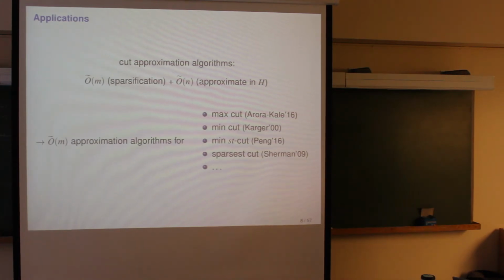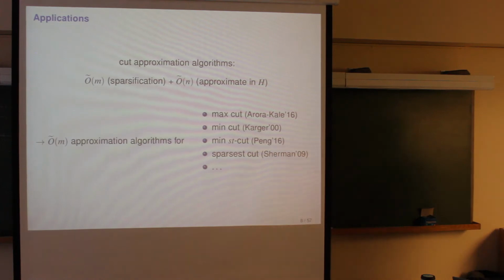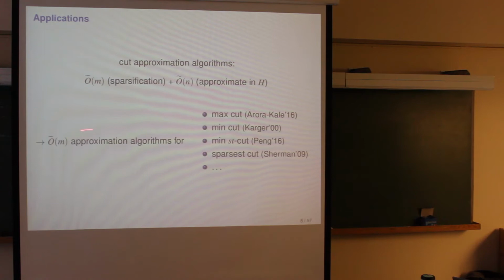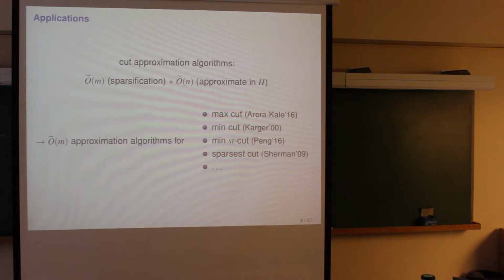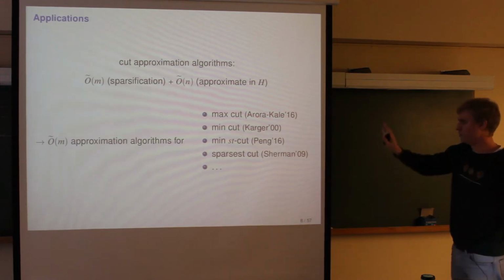And typically these problems really get more difficult when the graph is denser, and so you're very happy that you can basically solve them on the sparsified graph. And this gives you basically utility M approximation algorithms for a lot of problems like max cut, min ST cut, sparse cut, and so on, which all kind of use this notion. Right? So this is a much older paper which used a sort of rougher form of graph sparsification, but it used the same idea.